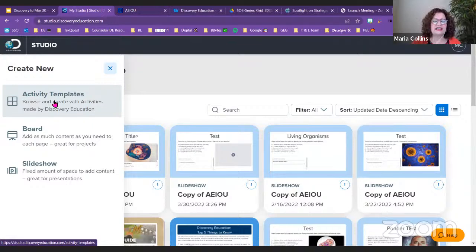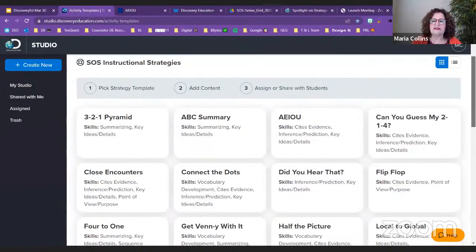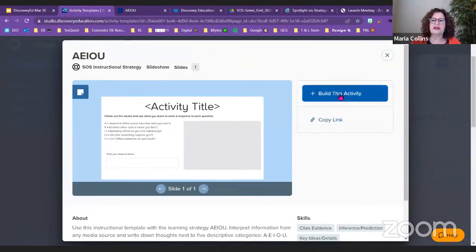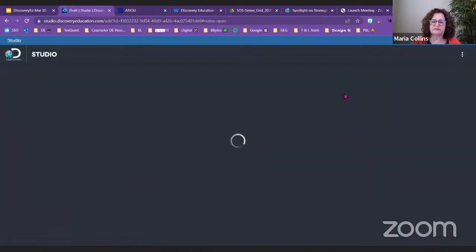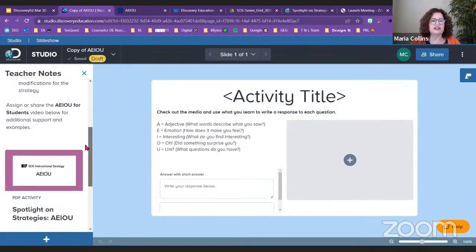So I'm going to click on activity templates. And then since I just showed you AEIOU, I'm going to go ahead and use that one. So I will click on it, and I'm going to say, build this activity. So what they do is they have teacher notes that tell you exactly how you're going to use this.